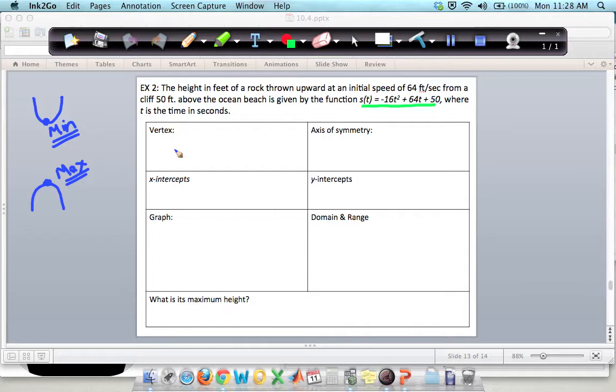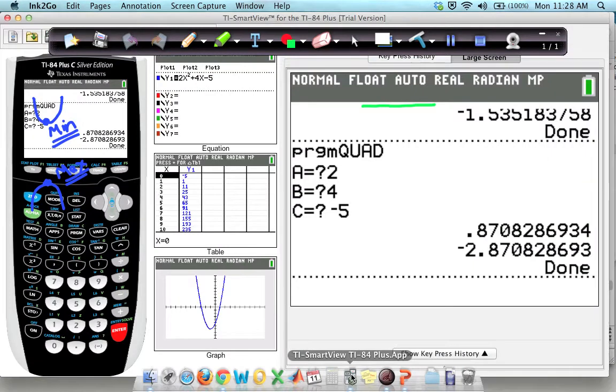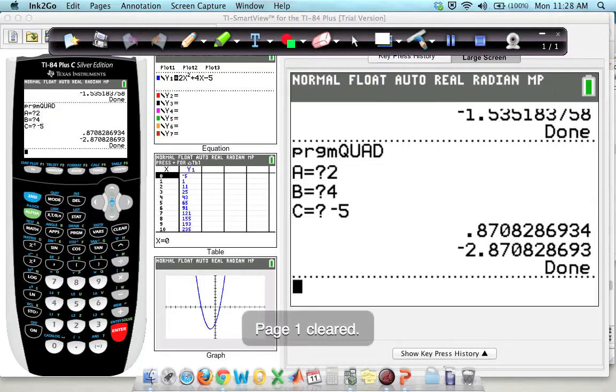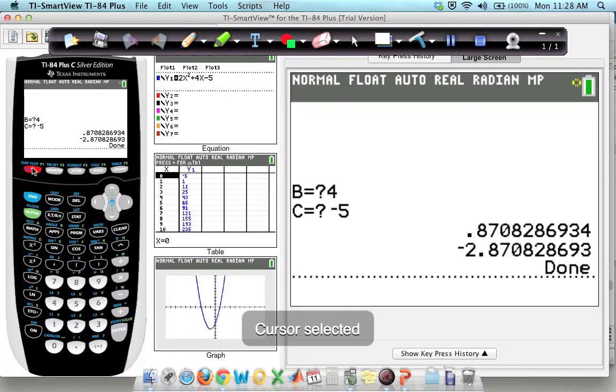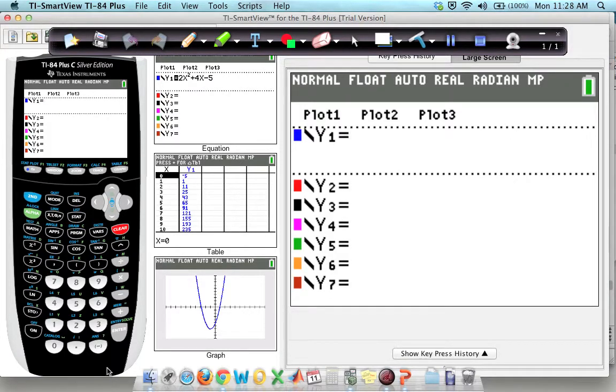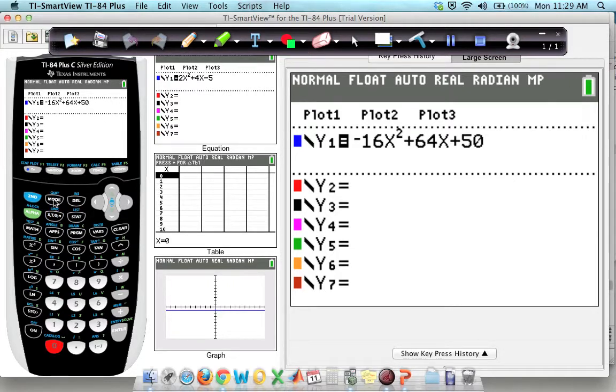plus 50. Okay, so I'm going to use a calculator. And notice this is a negative 16, which tells me I'm going to have the upside down U shape here. So let's get this clear. We're going to hit y equals, and we're going to plug in negative 16x squared plus 64x plus 50. Now notice instead of a t, I'm just using an x, so you still use the variable x. Now hit graph,